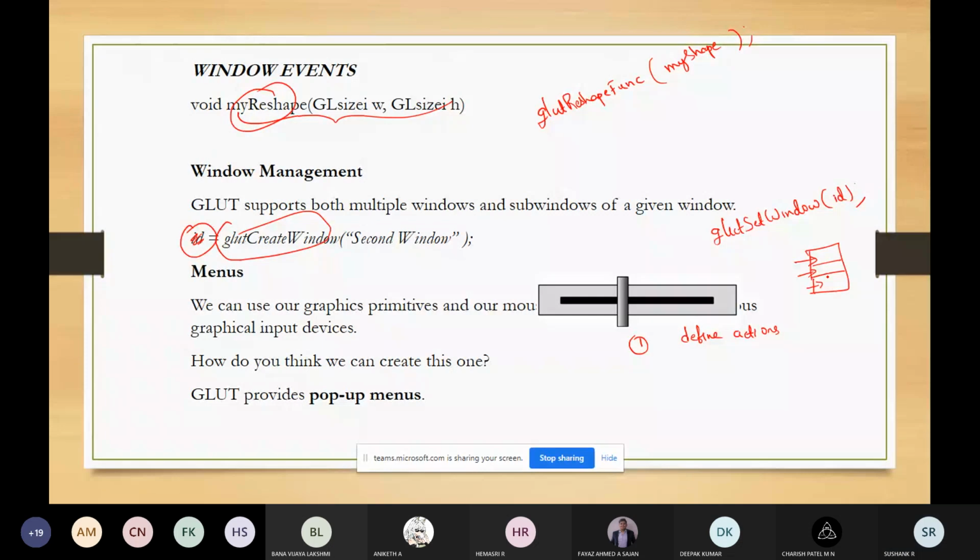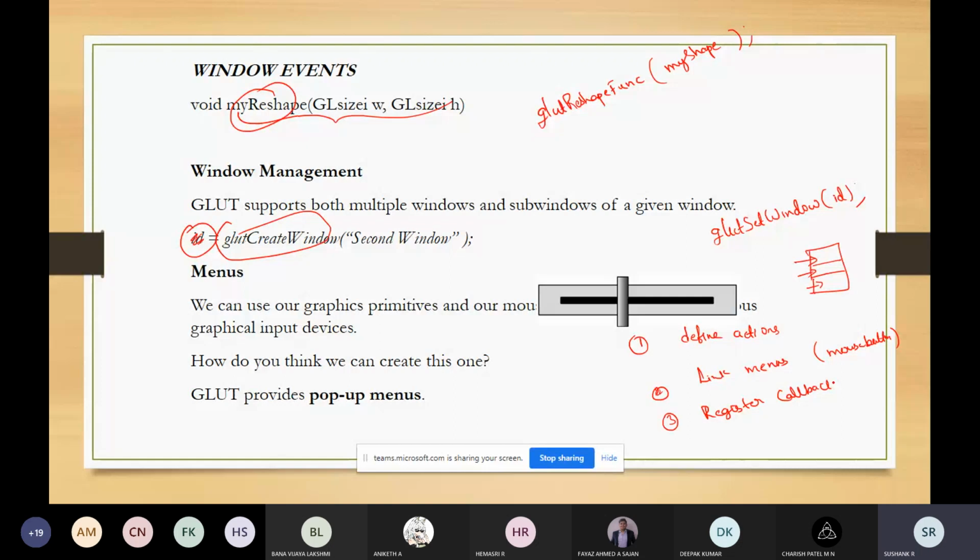The second step is to link those menus to the mouse button. And the third step will be to register a callback.